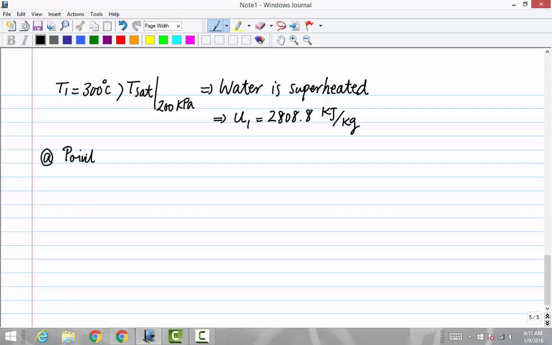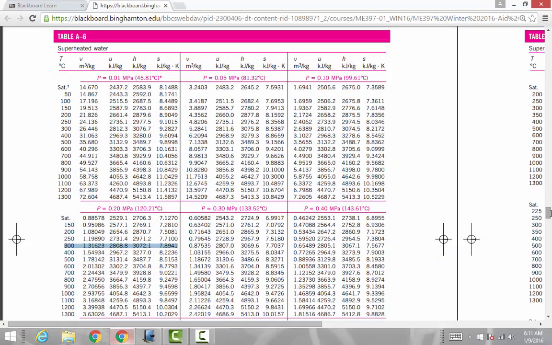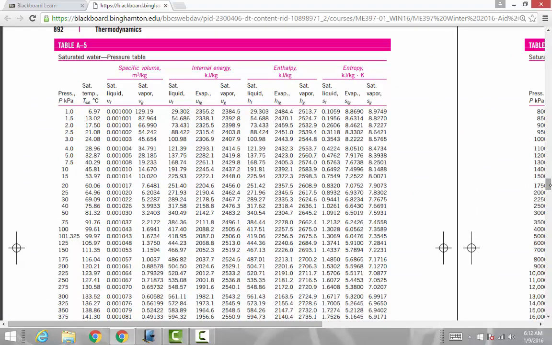The next point, again, the material is water. What is the famous table that we need to check in the beginning always? For water, A5. Let's go to the table here, our table. We know that at this point we have saturated vapor and pressure is 200, and we know that all the information about saturated state is in table A.5. At that pressure, which was 200, again,